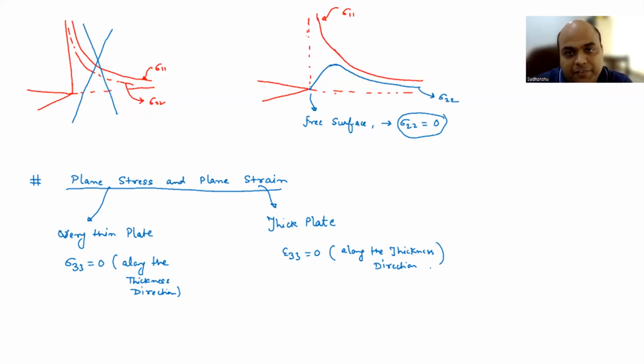Now let us utilize these two concepts and assume that the material at the notch tip is also behaving perfectly elastically. Then how will the variation of stress be in the notch plane ahead of the notch tip? Okay. So now if you remember the theory of elasticity that was discussed in course 1,